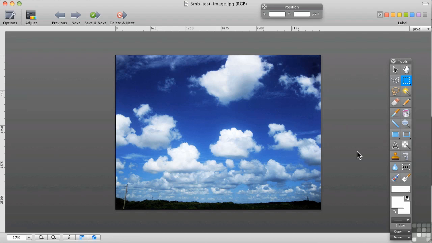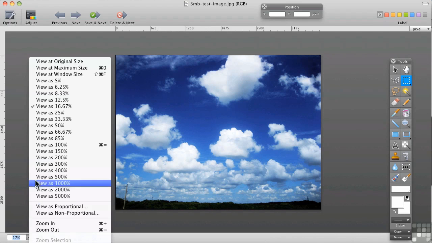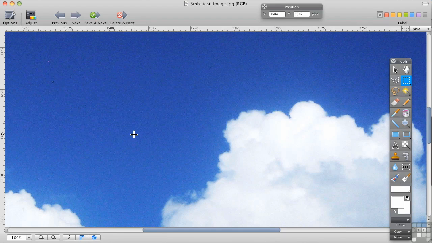Okay, so here's an image that's come out of a camera. But notice it's 17% right now. Let me show you 100%. Here's what the image actually looks like in its full size. Well, of course, this is massive, way too big for any website, way too big for the screen, doesn't even fit on the screen. So the point is, coming out of your camera, the image you get is way too